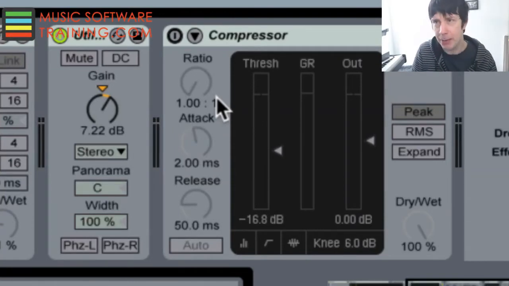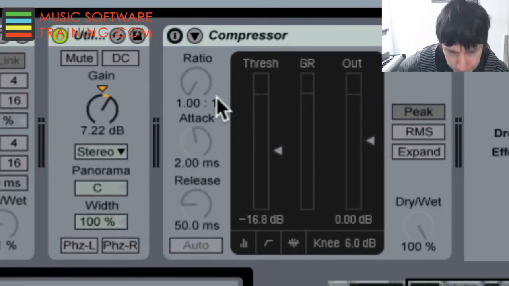So I think this is going to be a pretty quick video, but I'm hoping that this short explanation gives you a better idea of how the compressor works and how ratio plays into that. All right. So let's start with